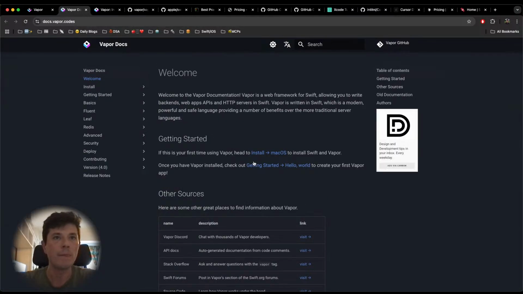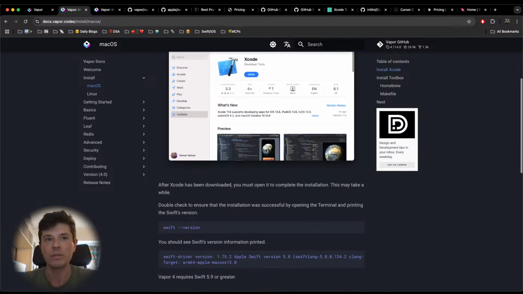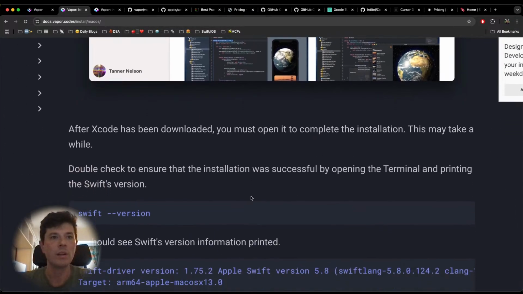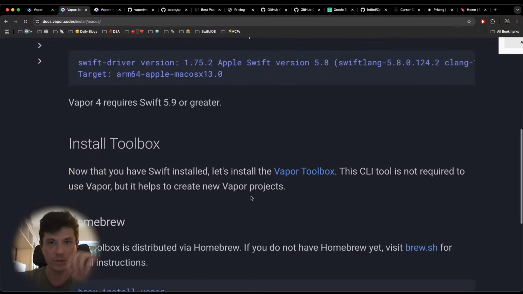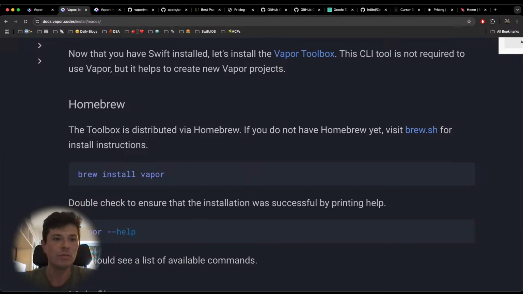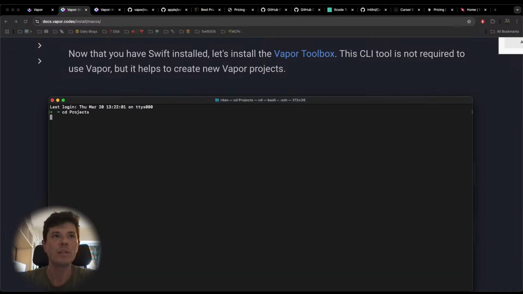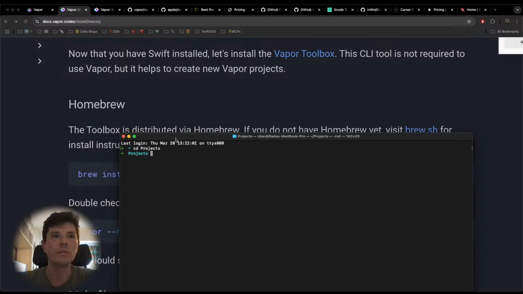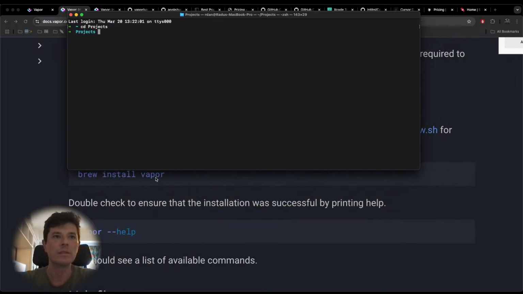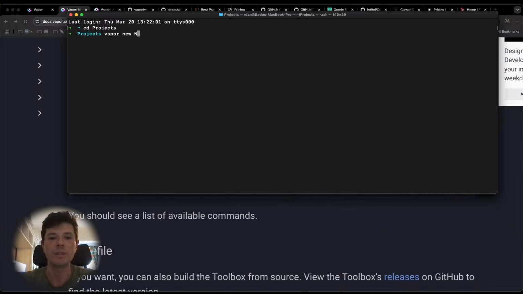But alright, so if you want to try it out, you have here a nice guide. So first you need Xcode, of course. Let me make it a bit bigger. And you need to install the Vapor toolbox, which are some command lines. It got an upgrade recently. And let's use a normal terminal. You probably go into the folder that you want, and here you would do vapor new, and here you can place the name of the project,